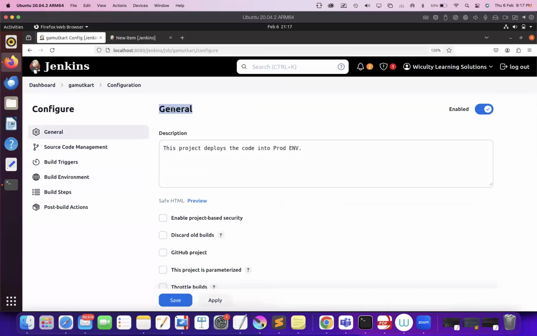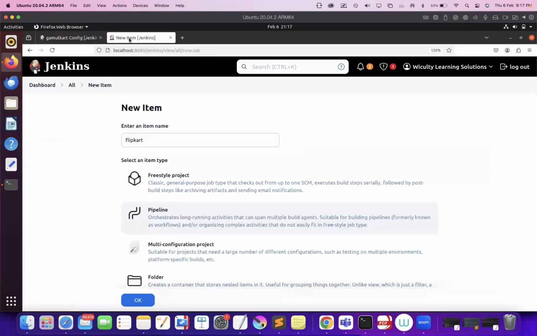So that is the reason for complex workflows, for automating complex processes, usually we go with a pipeline project. If it's a pipeline project, you can write the code, whatever you want. It's code, right? Whatever you write, the same way your process gets automated. So you can do anything with a pipeline project because it's a coding way of automating the process. There are a few more things. I'll explain them later. See, this orchestrates